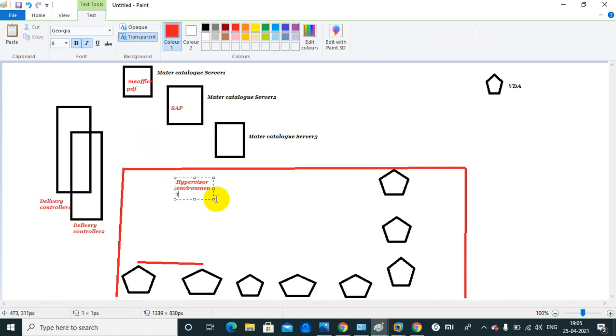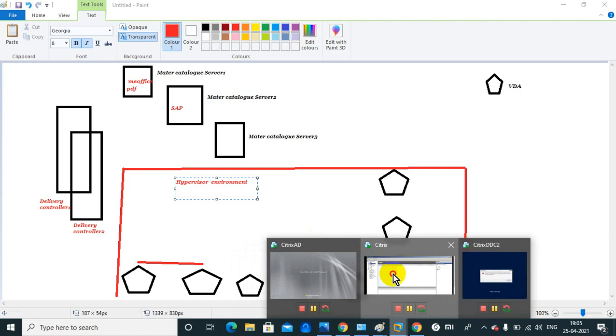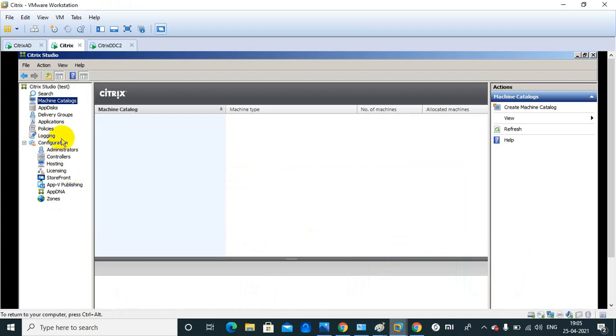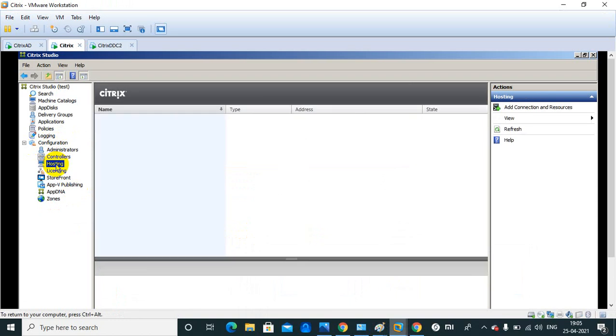So this is your hypervisor environment, and how we can enable the hypervisor in Citrix. For that, in the configuration part, there is a hosting option here.